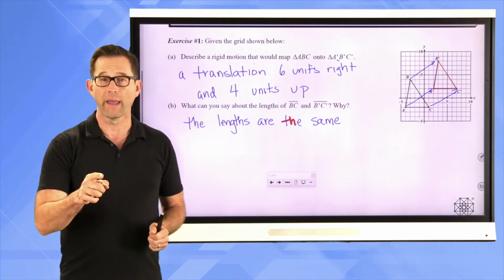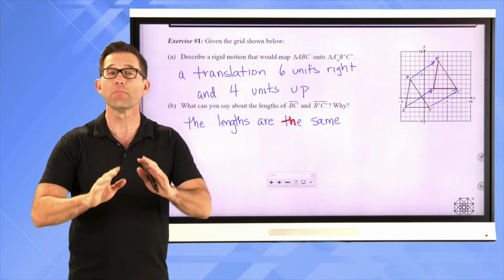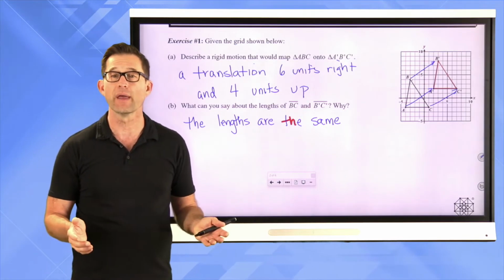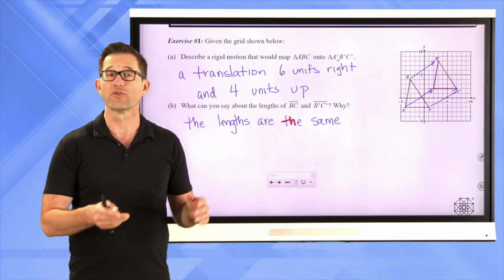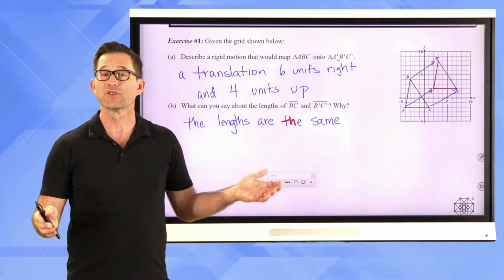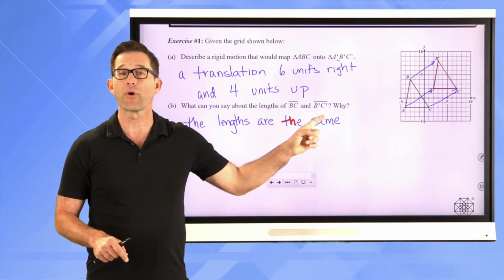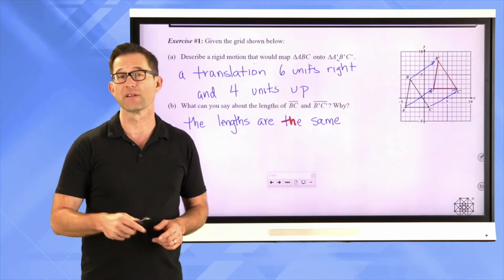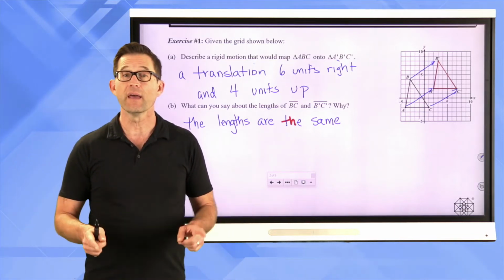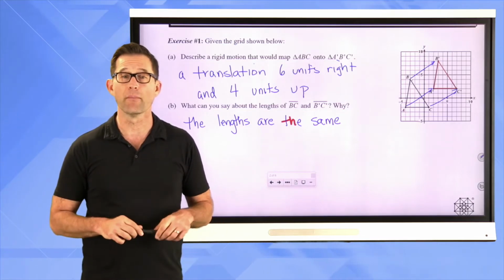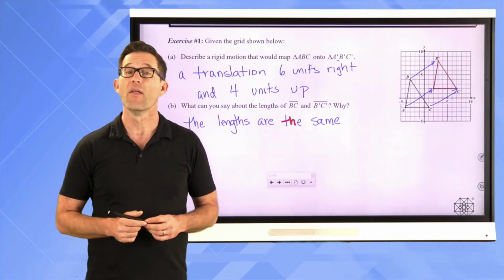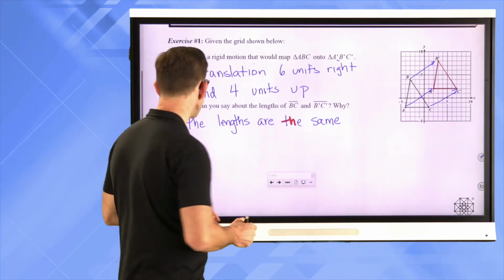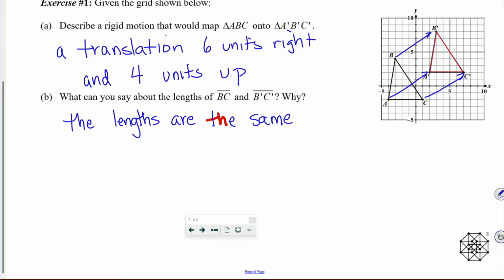All right. Now, why, right? Well, for why, you could really give 2 completely acceptable and more or less equivalent reasons. One reason would just be a rigid motion or a translation preserves distance, length. So in other words, the length of B', C' is the image of BC, and therefore they've got to have the same lengths because it was a translation, and a translation is a rigid motion. Or you could say, because BC and B', C' are corresponding sides of 2 congruent triangles, they must be congruent themselves. I think I'm just going to go with the first one right now, which is that translations are rigid motions